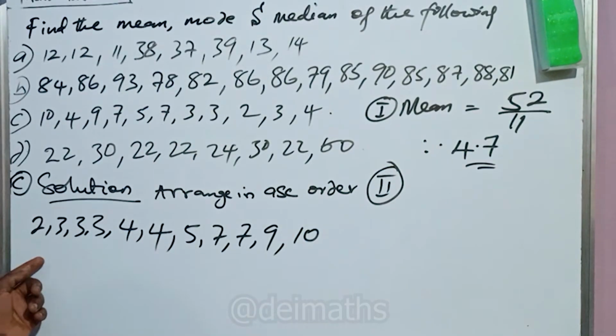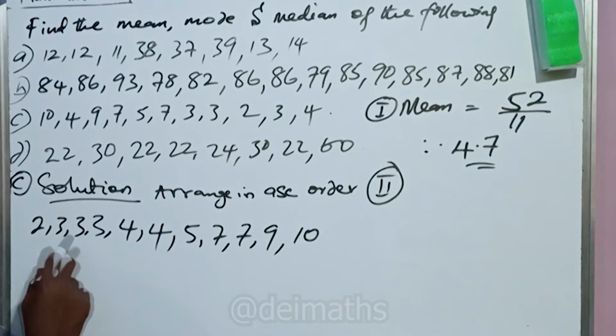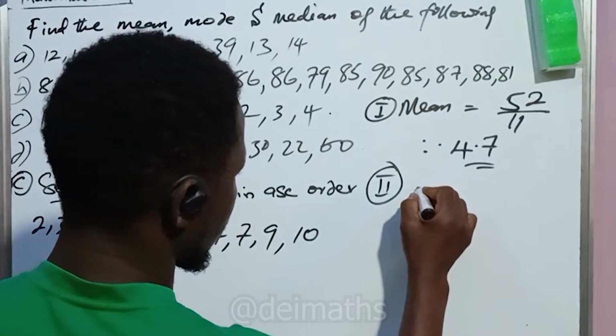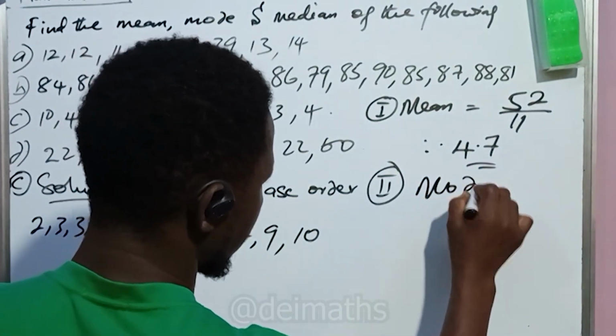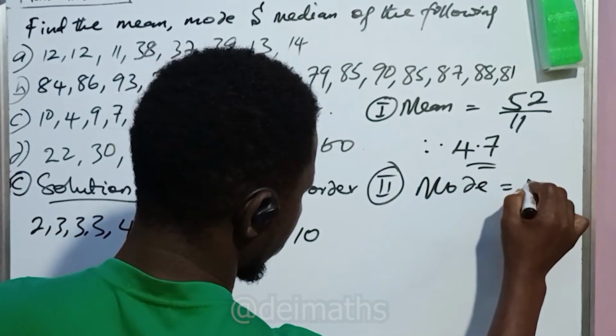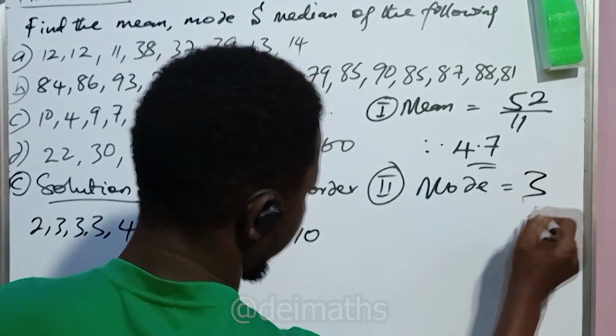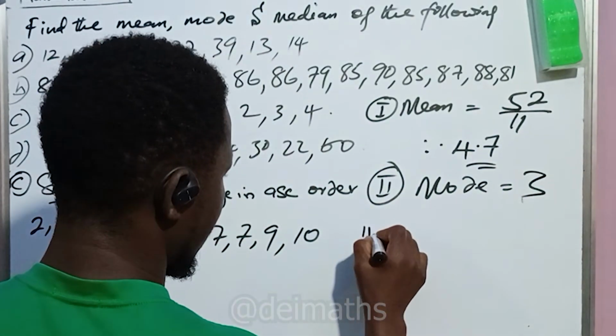Our mode is the highest in occurrence, as we can see here. We have 3 as the mode. So mode equal to 3. So our median